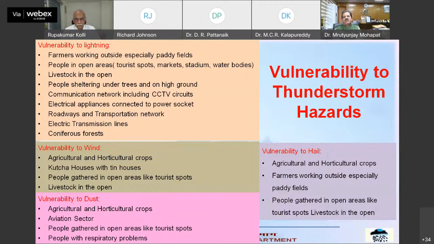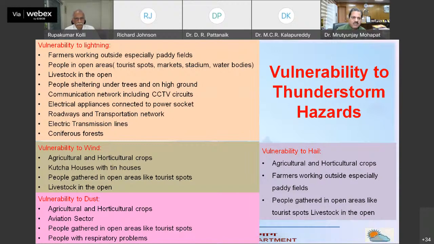Now, coming to another important hazard which occurs in the monsoon, that is the thunderstorm. You know that in a thunderstorm we have lightning, squalls and gustiness, hailstorms, and also floods sometimes because of heavy rain, especially in northeast India. So the vulnerability is quite high due to lightning and other hazards in a thunderstorm. I have just noted down here the various types of impacts of thunderstorm-associated weather